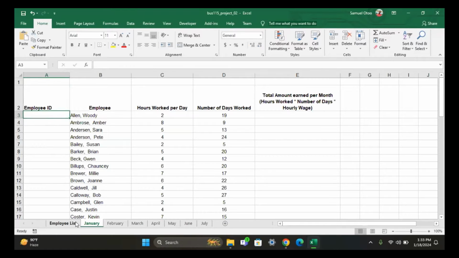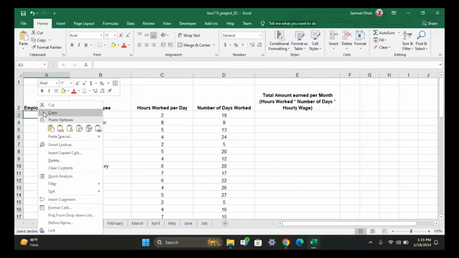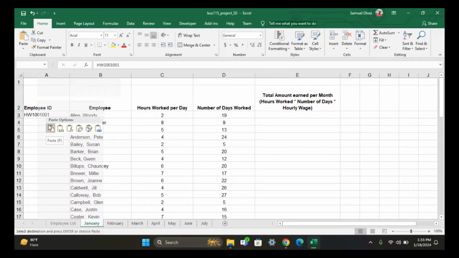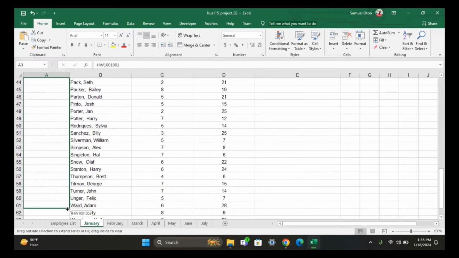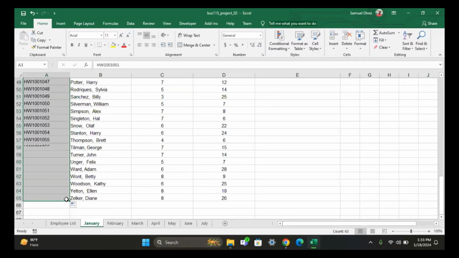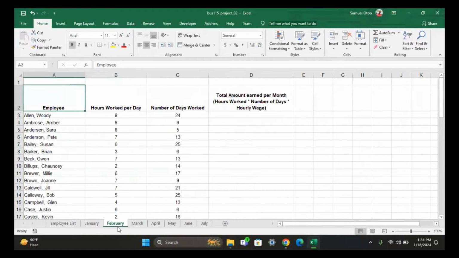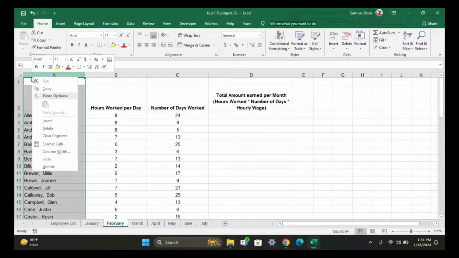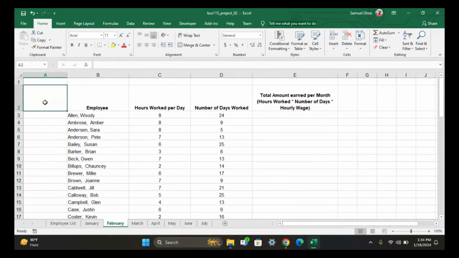Okay. So to not make mistake, it's wise that you come here, then you copy, and then just paste it here. Paste, and then you drag. You can see it's very, very simple. So you do the same for all the months. Insert, left click and insert, increase the width a bit, and then you write